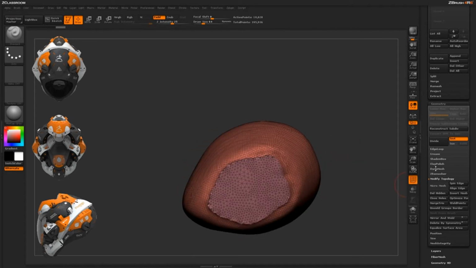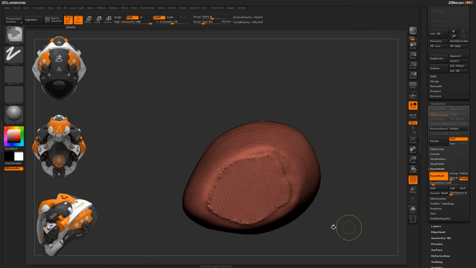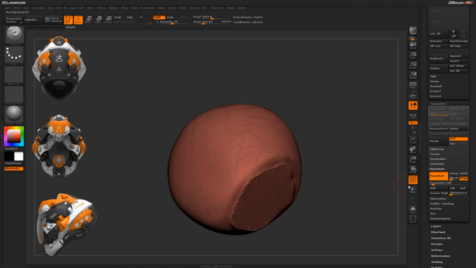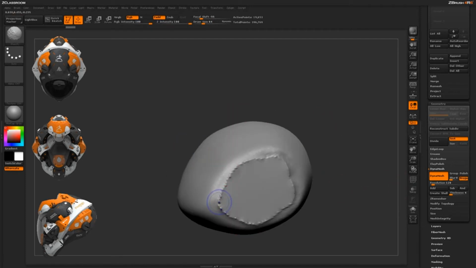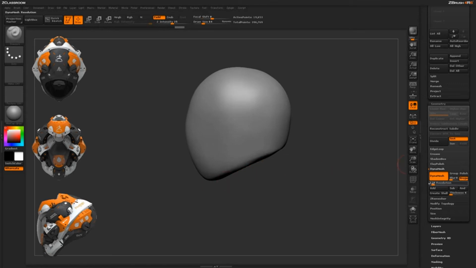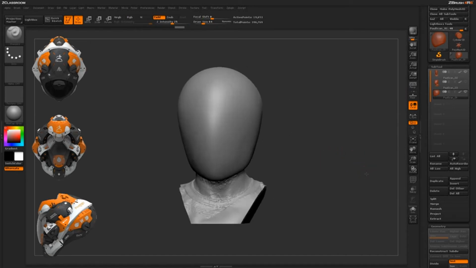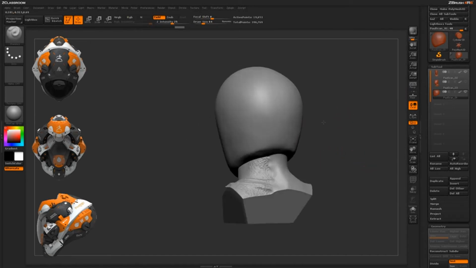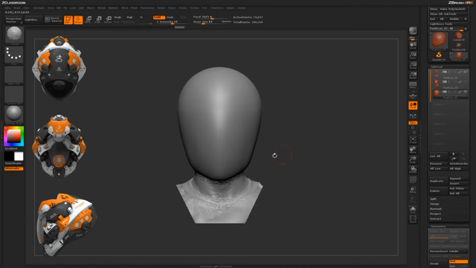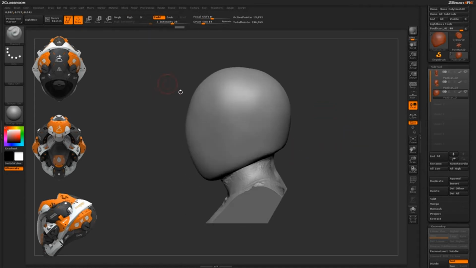sculpting. So I'm going to go back to that Dynamesh area, make sure it's active, and then I'm going to hold Control and drag out and re-Dynamesh that mesh, which is going to generate the topology again across the entire model. Now I come in with the smooth brush and just smooth that transition out a little bit and get that helmet line generated again. So now if I go back to my subtool and turn on the original scan data, you can see I have a nice smoothed out interior base shape for that helmet generated and ready to be